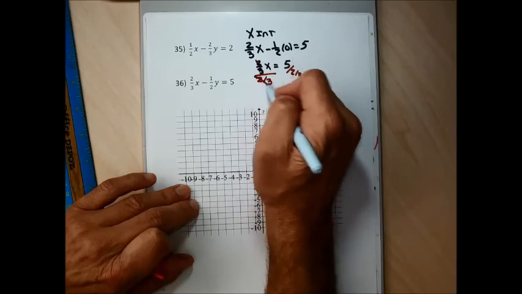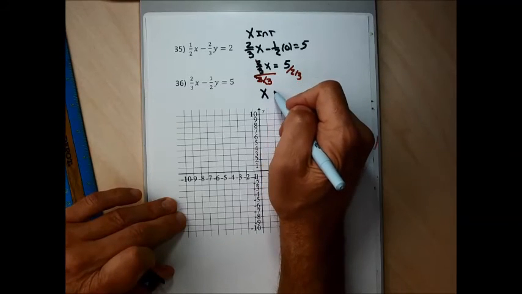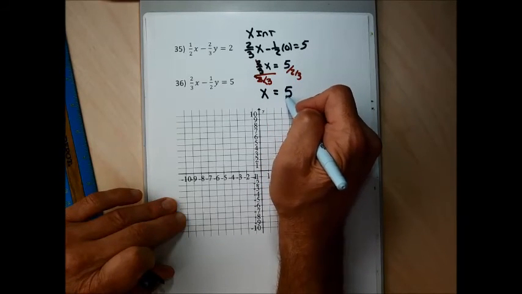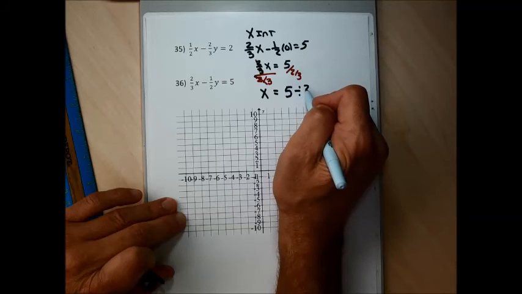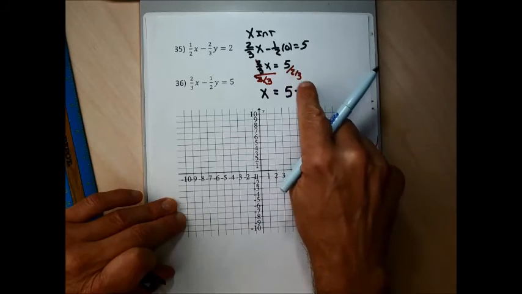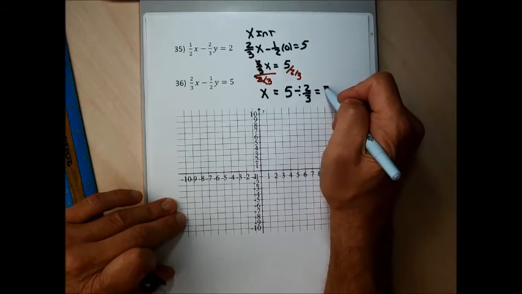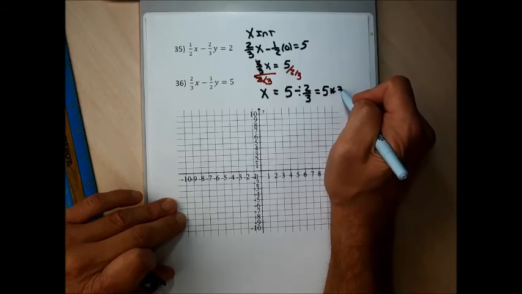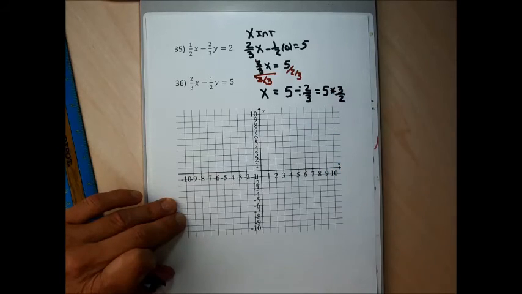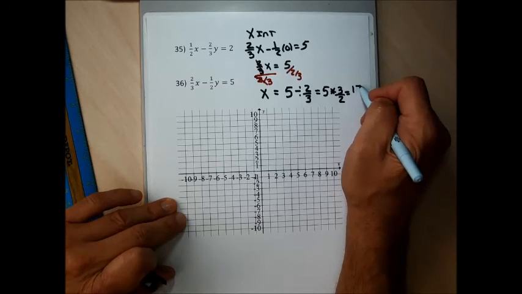On the left side, the 2/3 cancel, and I have an x. On the right side, I have a mess. What I have is 5 divided by 2/3. And it's probably easier to think of it with a division sign than that ugly fraction. And that's the same as 5 times 3/2, because dividing by a fraction is the same as multiplying by the reciprocal. And now if you're multiplying an integer by a fraction, you multiply the integer by that numerator, and I'll